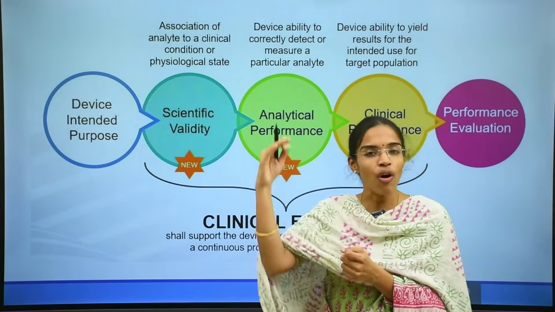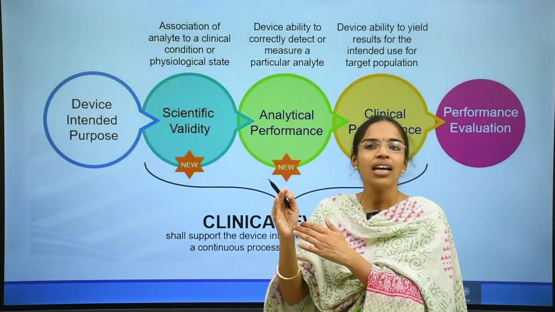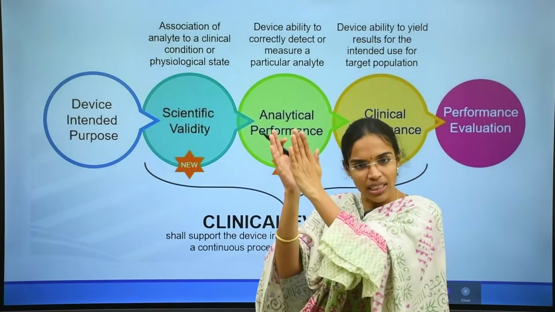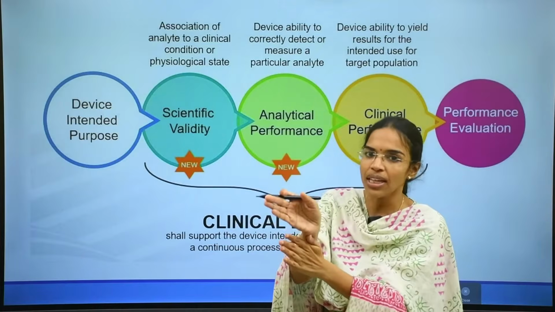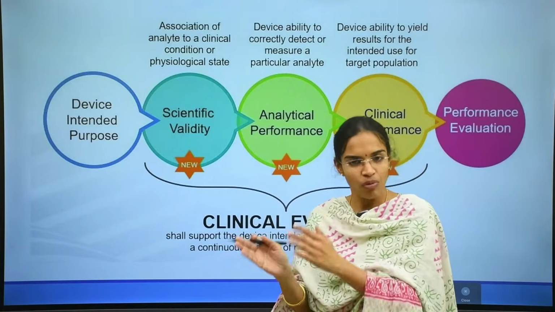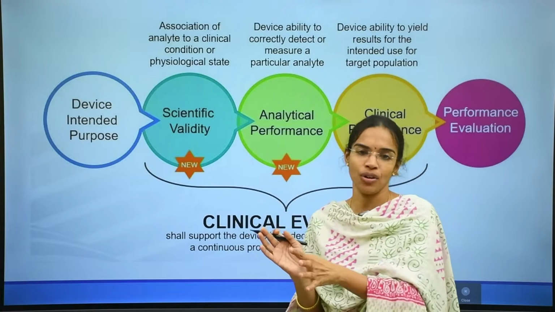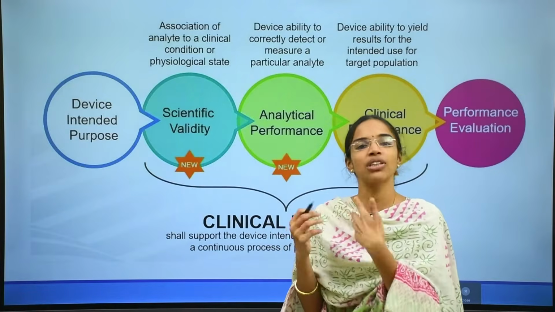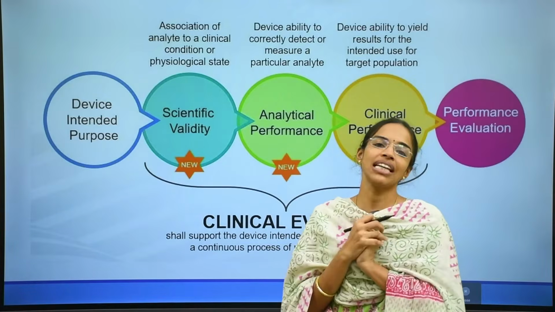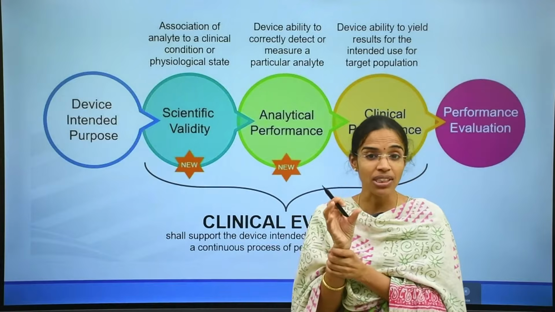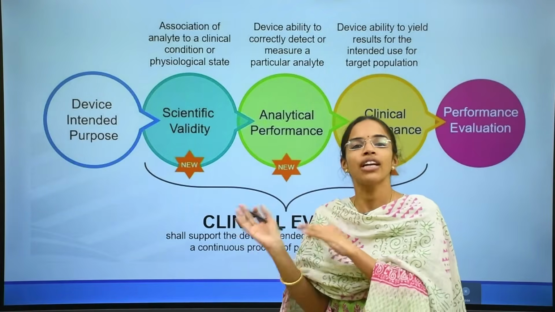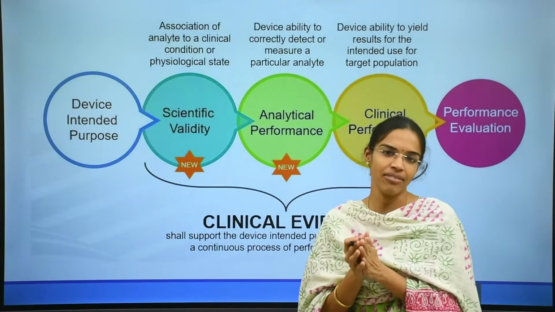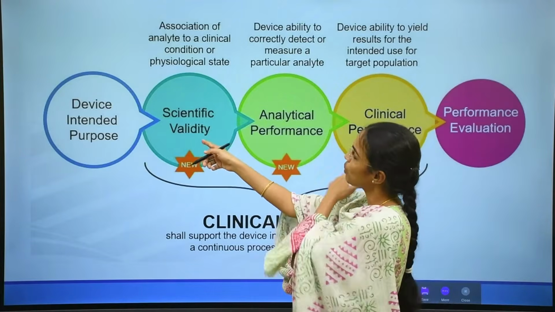All the information that has to be given, is it in accordance with that of the MDR 2017 or not? In accordance with the manual or not? Is it giving the complete information or not? That is nothing but the clinical evidence. Whether the information which is to be provided is completely provided or not, it is nothing but the clinical evidence. So what all information has to be provided?